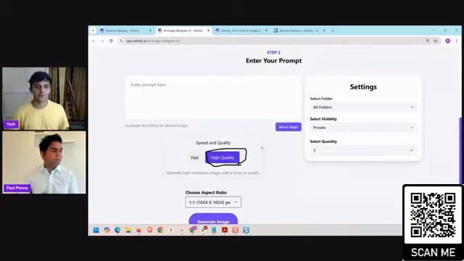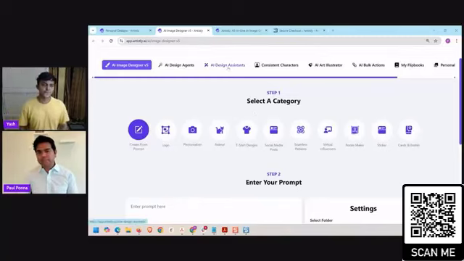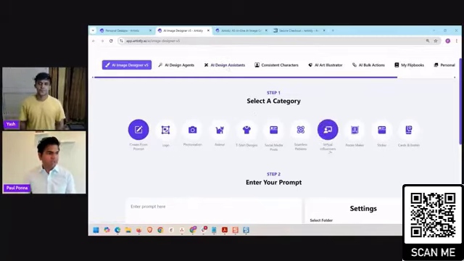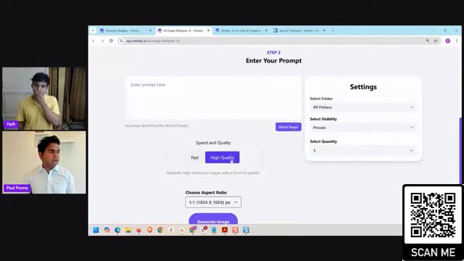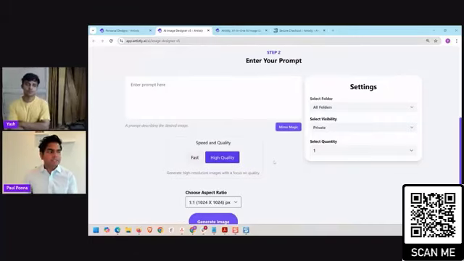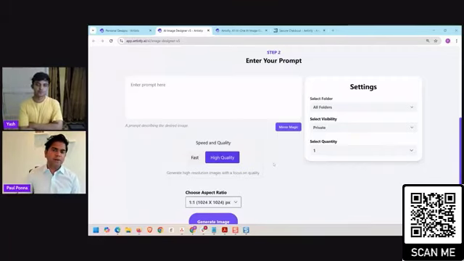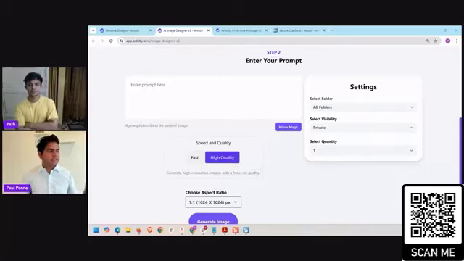So a lot of people would say, I just don't want all the settings. Like when I go into AI design agents and I create a storybook, or I go to virtual influencers or posters and stuff like that, I don't want to have to decide between fast and high quality. Whether it's 10 images at once, 4 images at once, I just wanted high quality from the get-go. This took a long time to figure out, because we have limited resources, limited servers and stuff like that. And so finally we've done it in a way where even if you got the basic $49 account, doesn't matter, the quality is going to be the highest quality that's available in the marketplace today